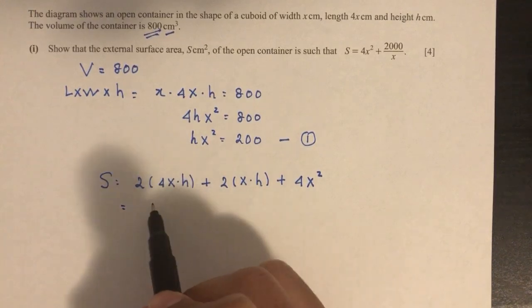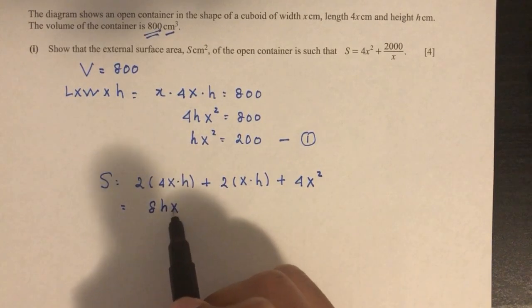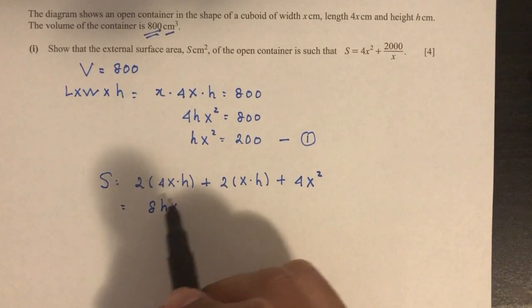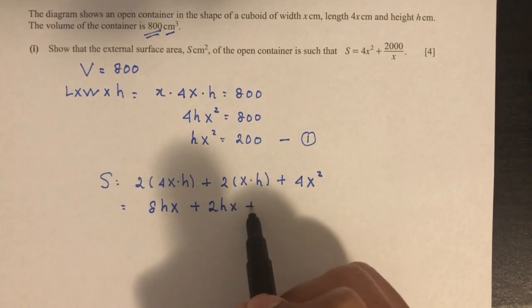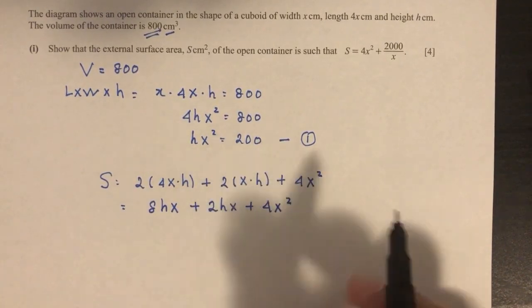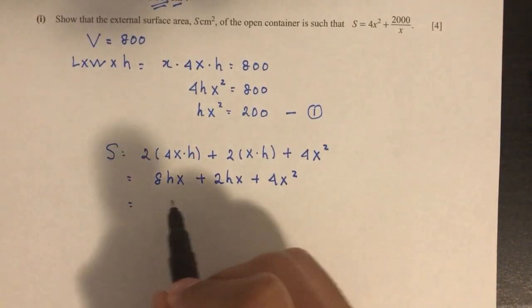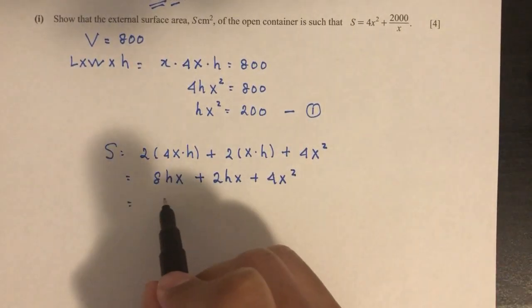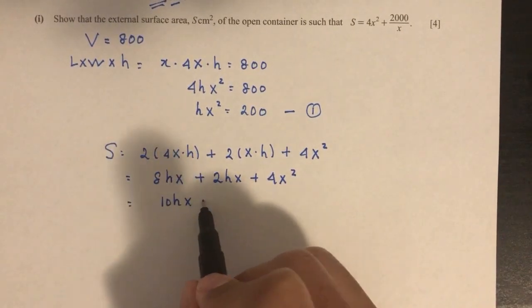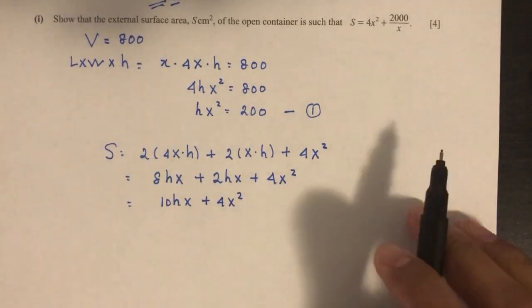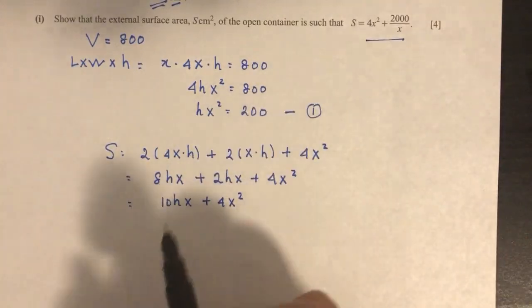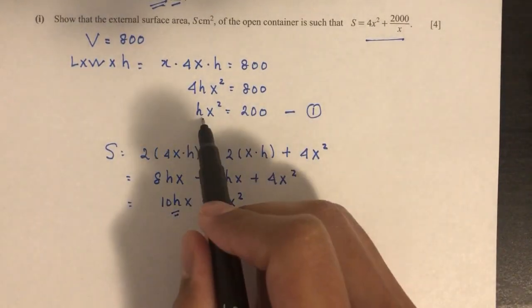Simplify. Here we have 8hx plus 2hx plus 4x squared. So here we have 10hx plus 4x squared. As you can see, in this one we don't have h, so we have to replace h here. So from this equation,